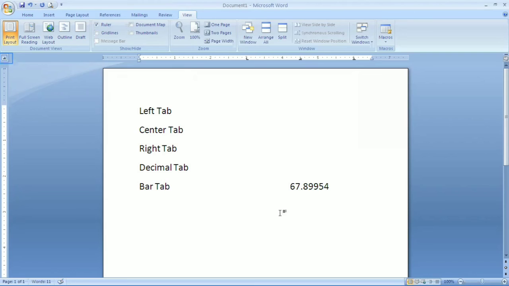You can see here, the part before the decimal point is displaying at the left of the tab stop, and the decimal point and the right section are displaying at the right of the tab stop. Clear?